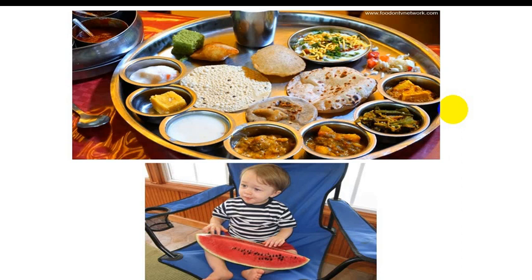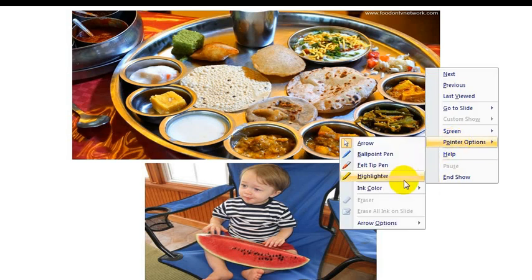a fantastic cuisine. In fact, the top panel, if you see, is a classical Gujarati thali that is being depicted. Whereas the bottom panel depicts a small kid with a huge chunk of watermelon. So what I am trying to convey from these two slides based on the